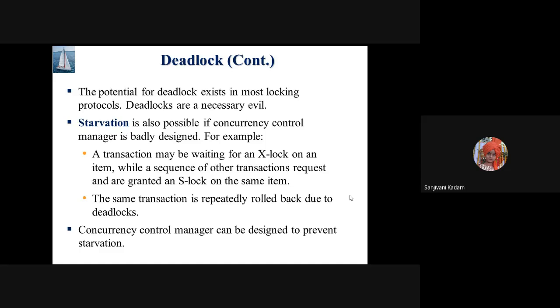So the first case of starvation was done, and now consider the deadlock situation we saw in the previous state. There are ways to decide which transaction is to be rolled back. Right now we have taken an example of only two transactions, but multiple transactions might be involved in a deadlock, might be three, four, six, or seven. In that case, it might happen that only a single transaction is always chosen for rollback.